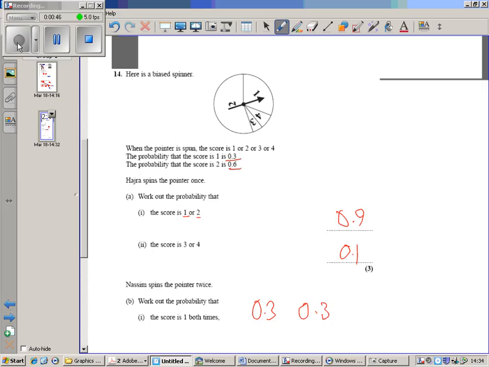That's not correct. What you're saying is, having spun the pointer twice, 3/10 of the time, the first score will be 1, and 3/10 of those times, the score will be 1 again. So effectively, you have to multiply between them. That's the first value. That's the probability that it's 1. And here's the second value. If you want the first and the second value to be 1, then it's going to be 0.3 times 0.3. Moving down,